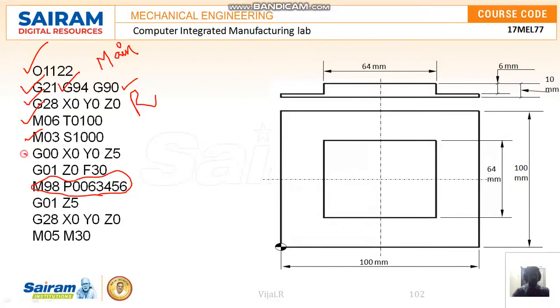Now bringing the tool to the position, where this is the reference position X0 Y0 Z0. This is the X direction, this is the Y direction, and the thickness is the Z. I am bringing the tool and stopping it at some distance away from the workpiece, at 5 mm above. Then just go and touch, because I am going to start the program.